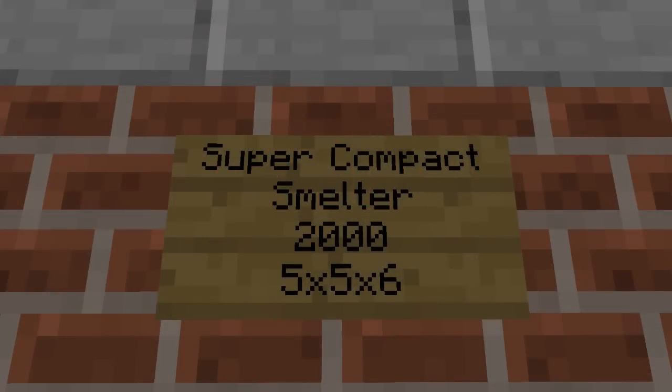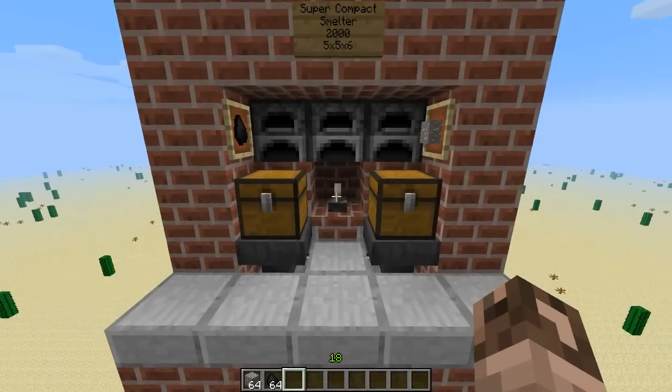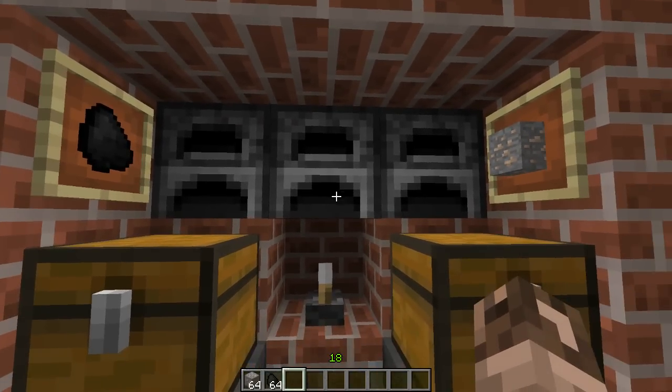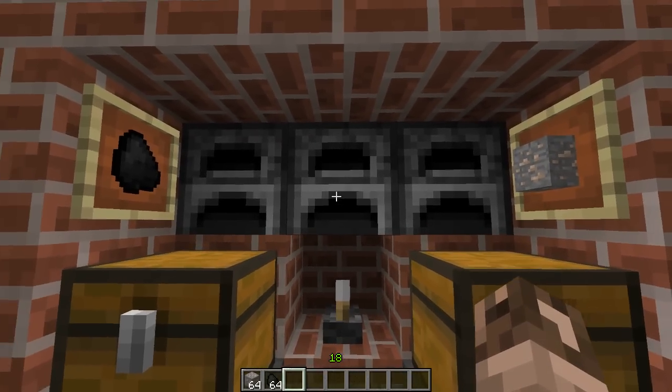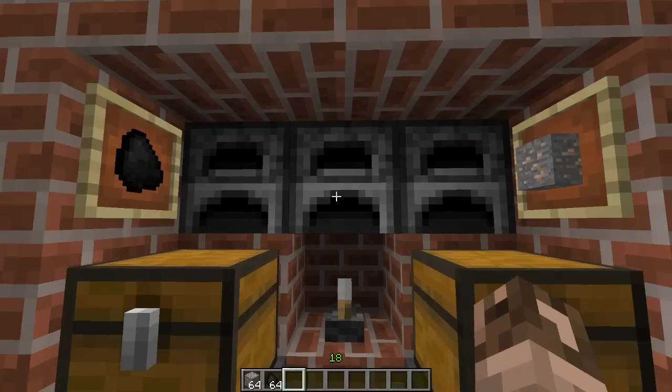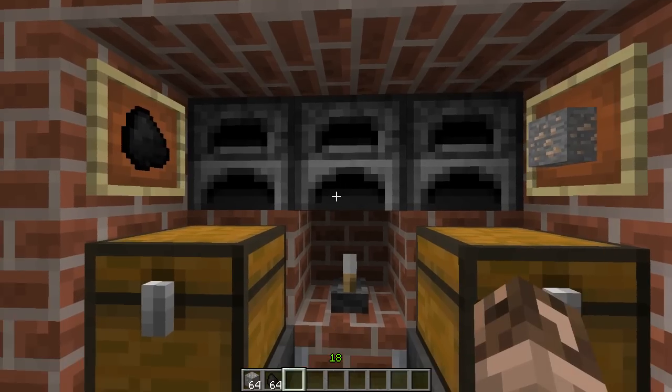Alright guys, today I bring you the super compact Smelter 2000. It's 5x5x6, it slices, it dices. Basically, this does all your smelting, and it's practically fully automatic. The only part of it that's not fully automatic with the latest snapshot